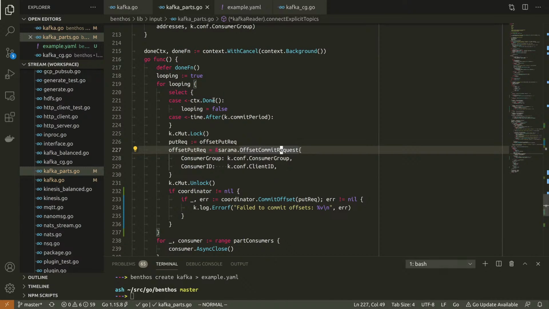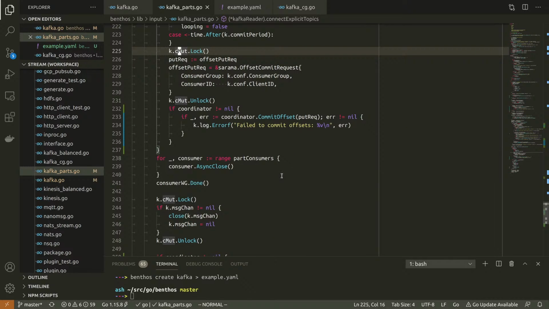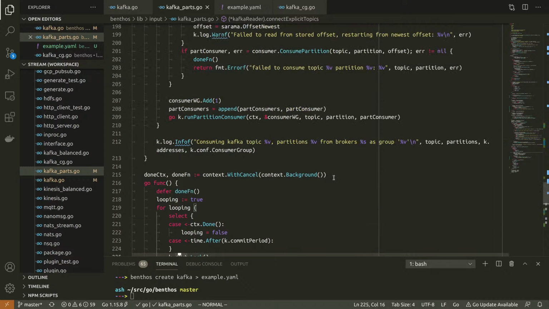Basically what it means is every commit period we're going to arbitrarily lock some mutexes and copy some data, and there's not really going to be much point to it. In fact, there's definitely not going to be any point to it.